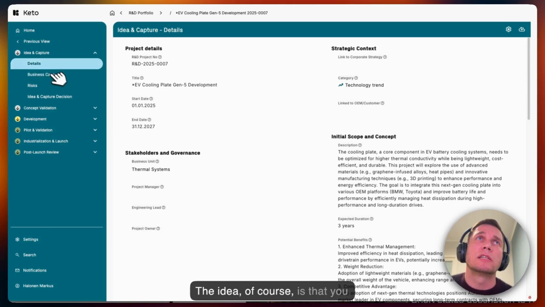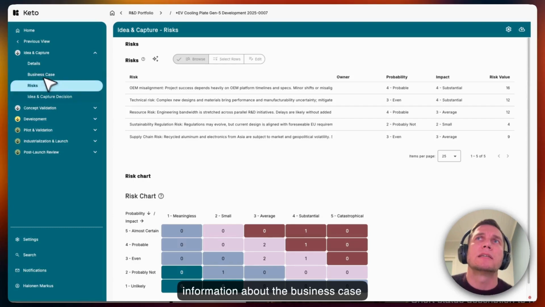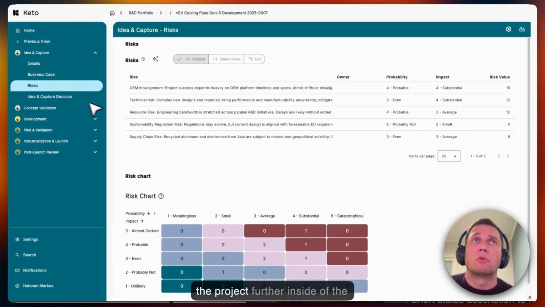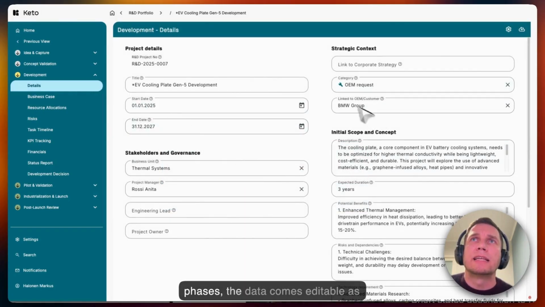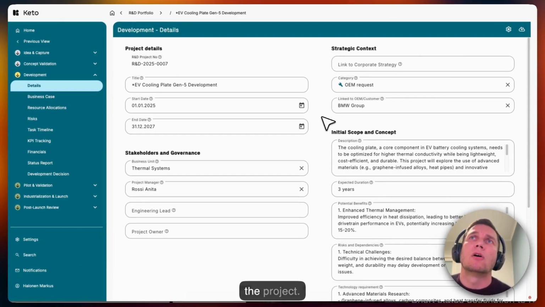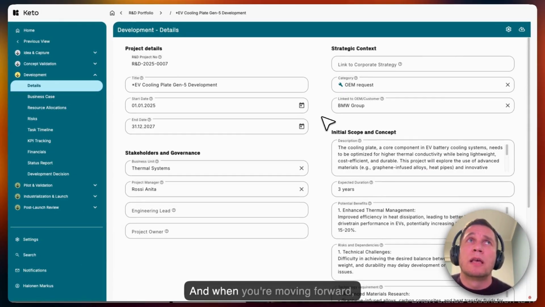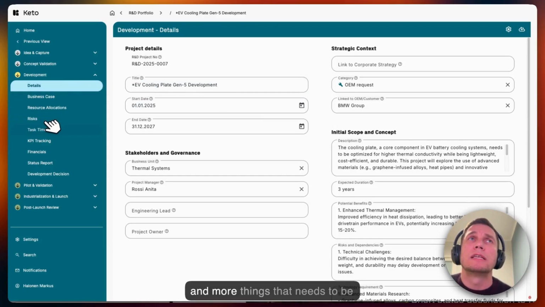The idea, of course, is that you collect only the minimal information about the business case and details and the risks in order to make the first decision to move the project further inside of the lifecycle model. And when you get to these yellow phases, the data becomes editable as you're editing the current data of the project. And when you're moving forward, bear in mind that you will get more and more things that need to